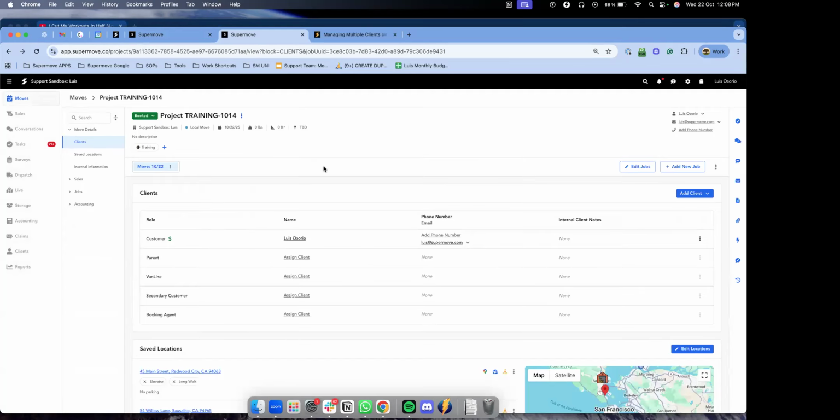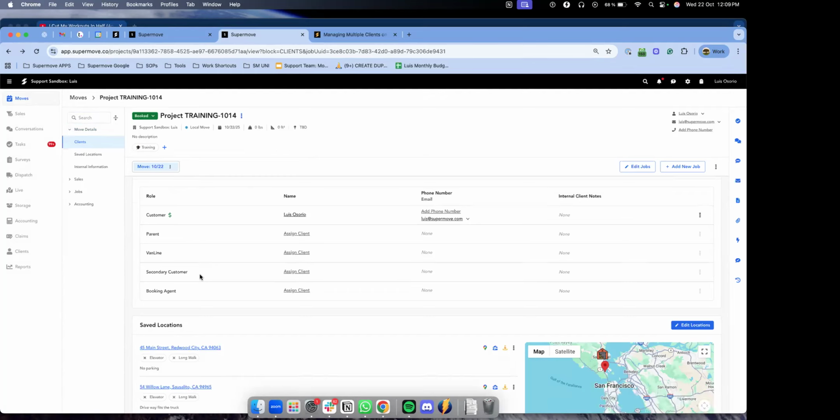And with that being said, guys, I already have a training job up and running that we're going to be using to actually test and play around with this new feature. So this is going to be presented to you at the very top of the project under the Clients tab in Move Details. You're going to see all of the different client roles that I have in my settings on the new project type that I create moving forward, but on any existing, it doesn't seem to add it